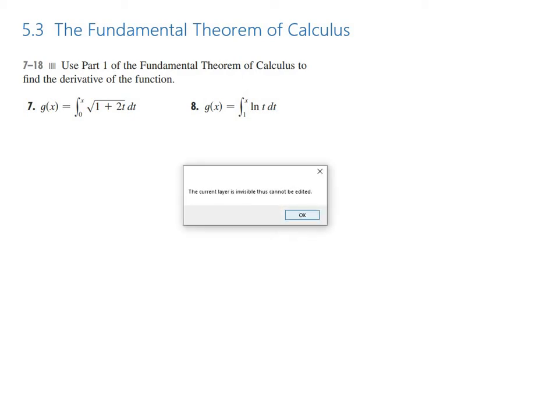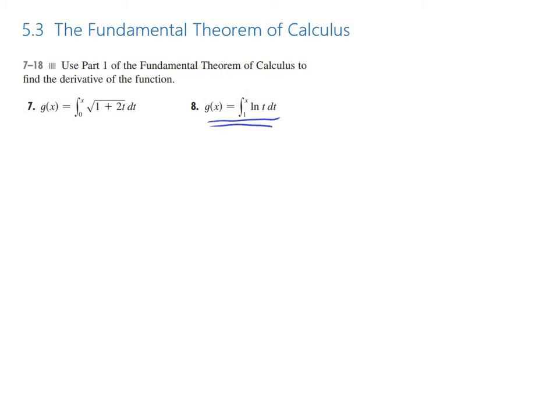So the function that we're looking at here is another one of these funky area finding functions. So g of x is defined to be the integral of natural log of t from 1 to